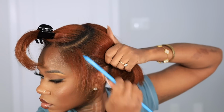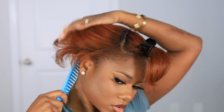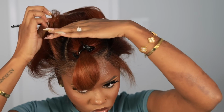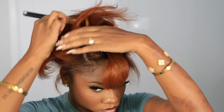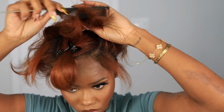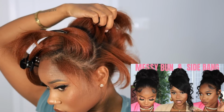I'm going to show you guys two hairstyles that I did using my clip-ins this week. So the first one is the messy bun with the bang on the side. First things first, I put my hair in the front away where I'm going to have my bang. And then I'm going to use this technique that I did, was it a couple months ago or sometime late last year. I did this technique and y'all loved it, so that's what we're gonna do to create our high